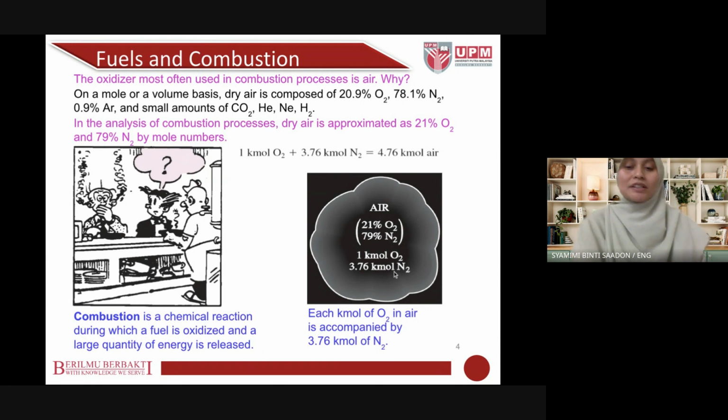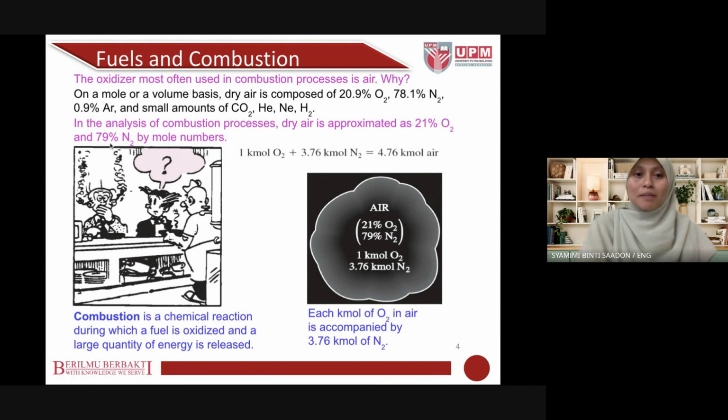So this is the approximate number of moles for air. For example, one molecule of air is around 4.76 kilomole, the number of moles of one molecule of air. So for 4.76, if we use this approximation, it means we assume 21% of this 4.76 contains oxygen